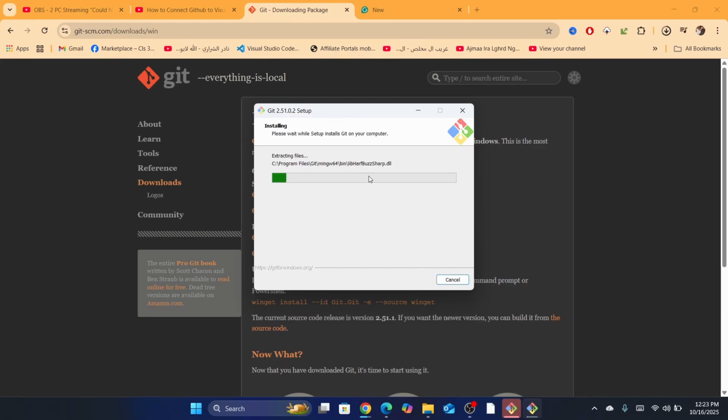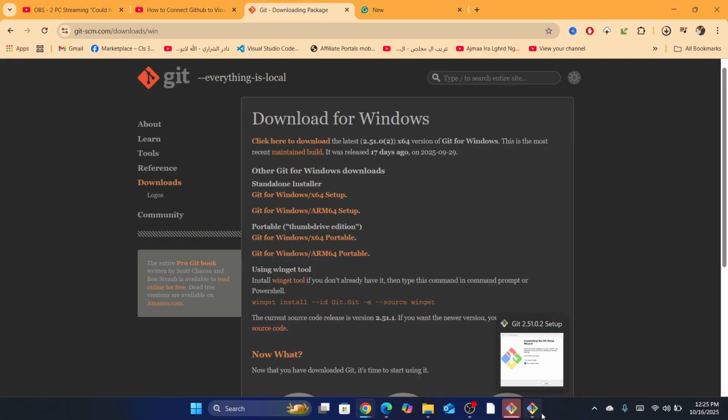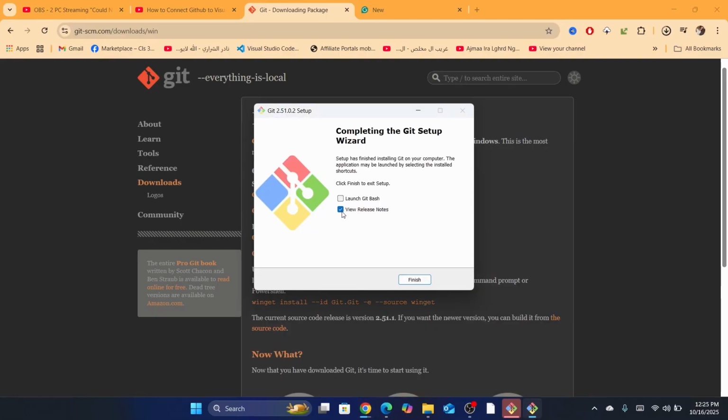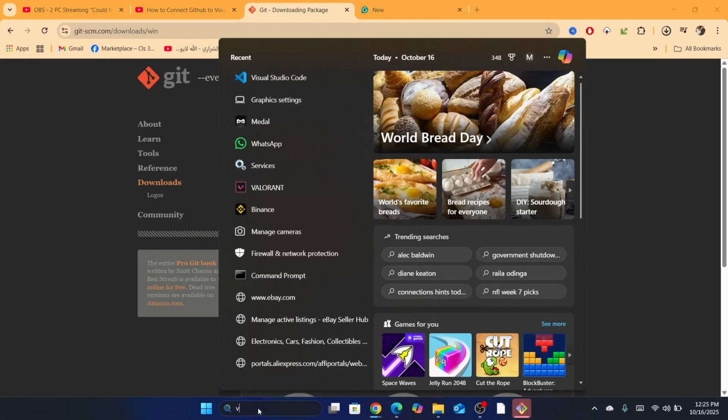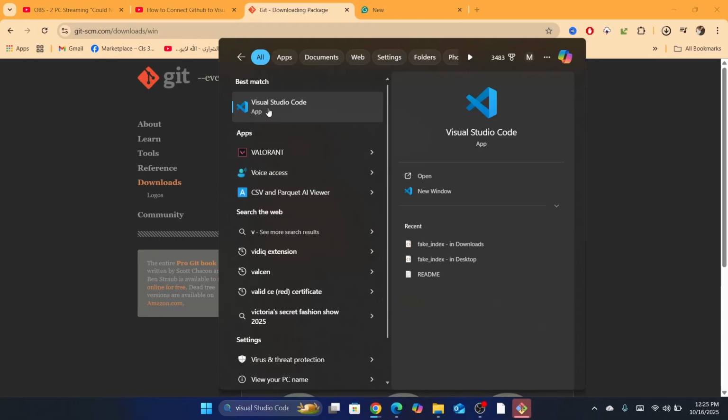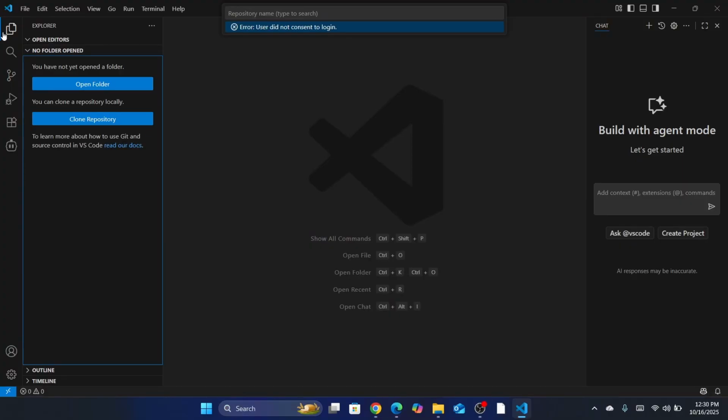Okay, so just wait for the program to install. It's going to take a few seconds. So after that you just need to uncheck this where it says view release notes, then click on finish. Okay, next step you want to open Visual Studio Code, and then after that you just need to click here